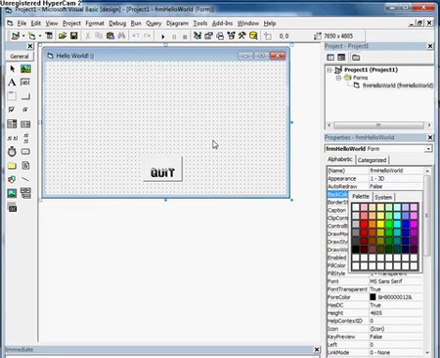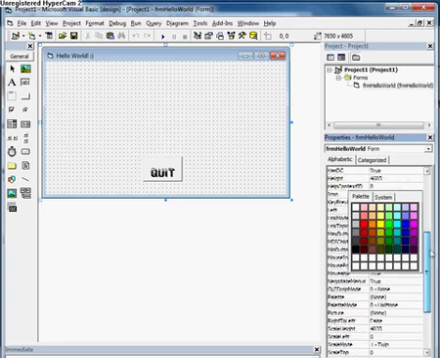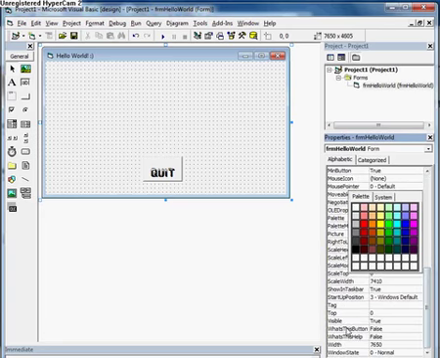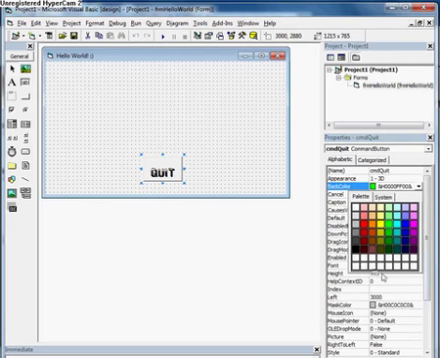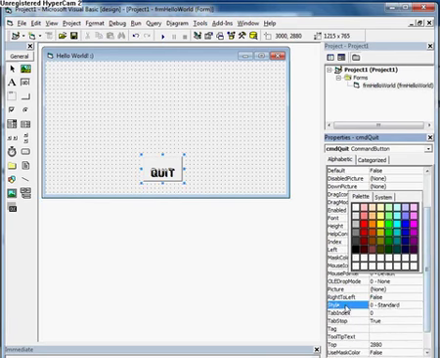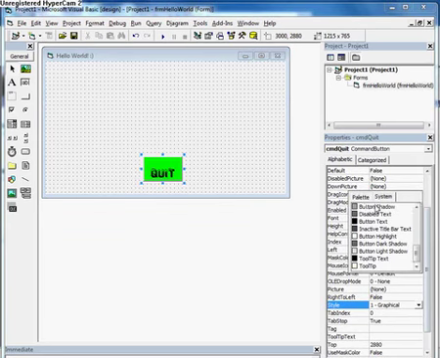And you'll find that nothing happens when you do that. With a button, you also have to go down and change the style property to graphical. Have your button selected, find your style property and change it to graphical. If your palette window stays open, the best way to get rid of it is to close your project down